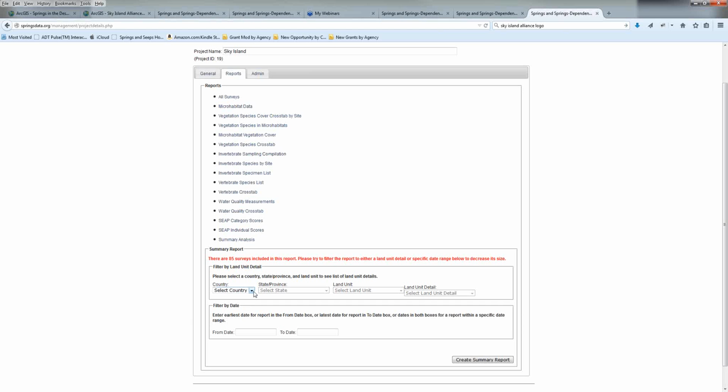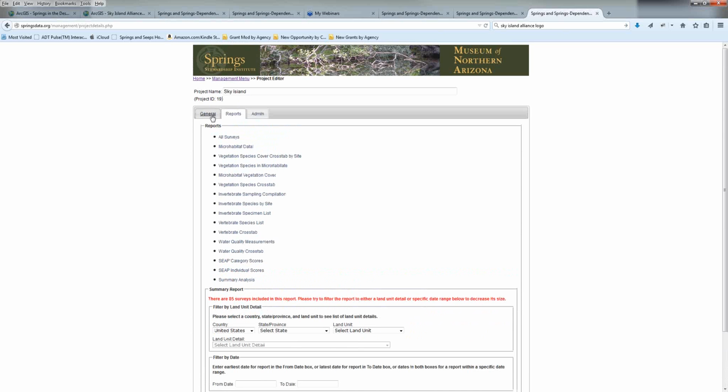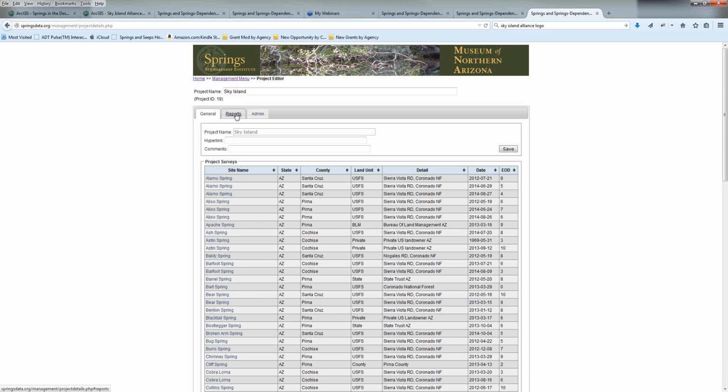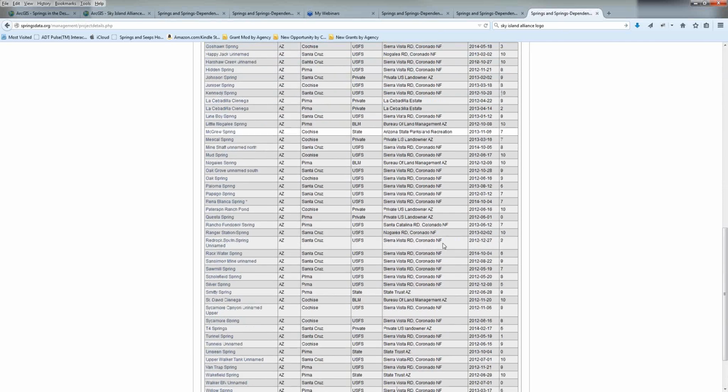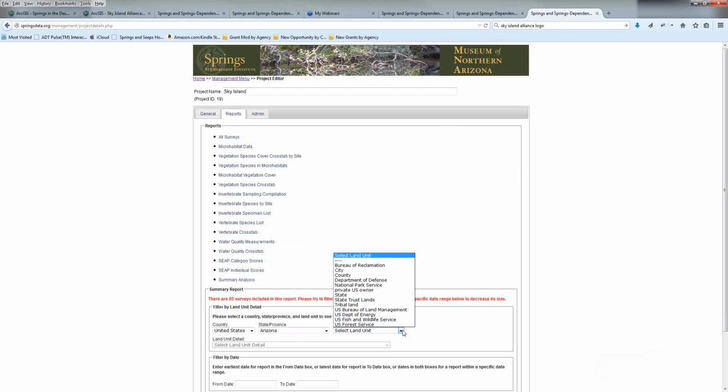The very cool thing, you can also create a summary report, and I can filter this. I actually need to filter this, because for a project this big, if you created a summary report for all of these sites, you could end up crashing the system. So I'm just going to filter by United States, Arizona, Forest Service,